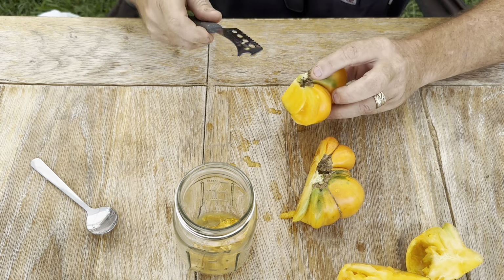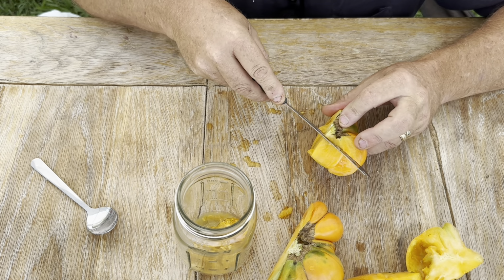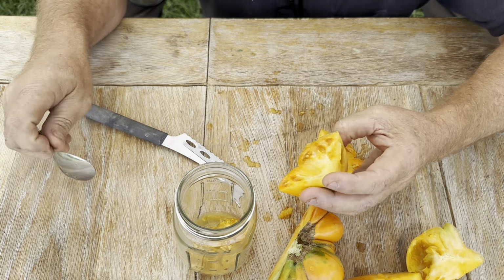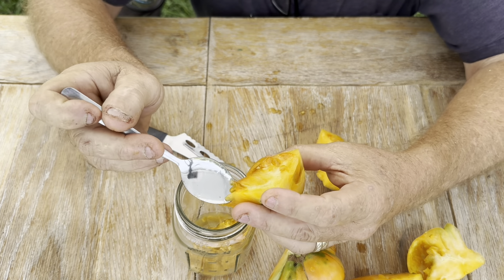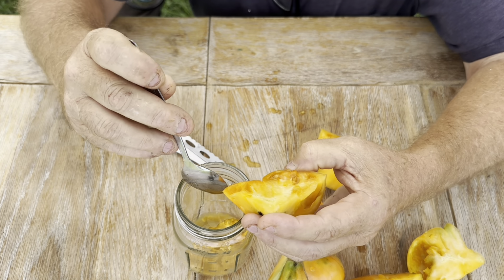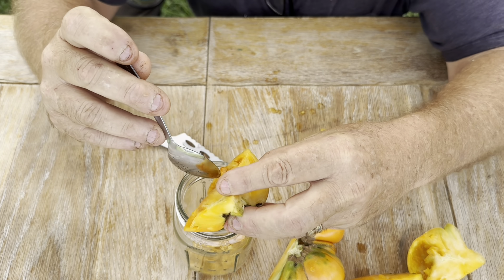I'm going to see if there's any more seeds in this one, because I'm not getting a whole lot of seeds. And if you'll notice, that is a beefy tomato. Look how beefy it is everywhere on it. I hope you're seeing this, and I ain't got the jar sitting over to the side. But anyway,